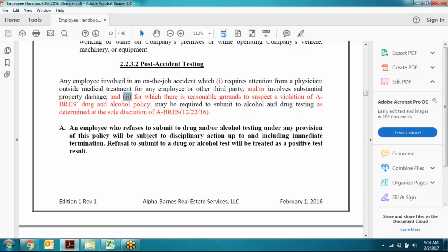And here's the new language: for which there is reasonable grounds to suspect a violation of Alpha Barnes's drug and alcohol policy may be required to submit to alcohol and drug testing. So a little bit different language. If you are taking care of an employee at a medical facility, please check with your supervisor if you have any doubt. Obviously, if you are seeing a physician, getting outside medical treatment, or you've got substantial property damage involved,